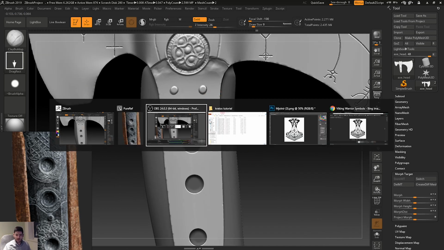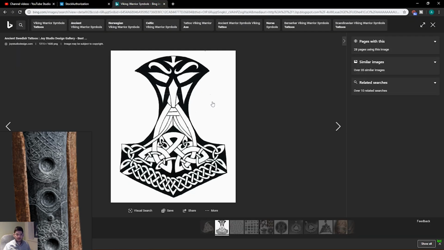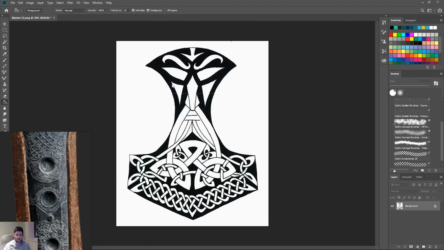So what I've got here, I've got Photoshop open, and I've taken this alpha from Google. I've just got it over here, on Bing. I just went on Bing and looked for Viking ancient symbols and whatnot, and then I've got this one here. So in Photoshop,